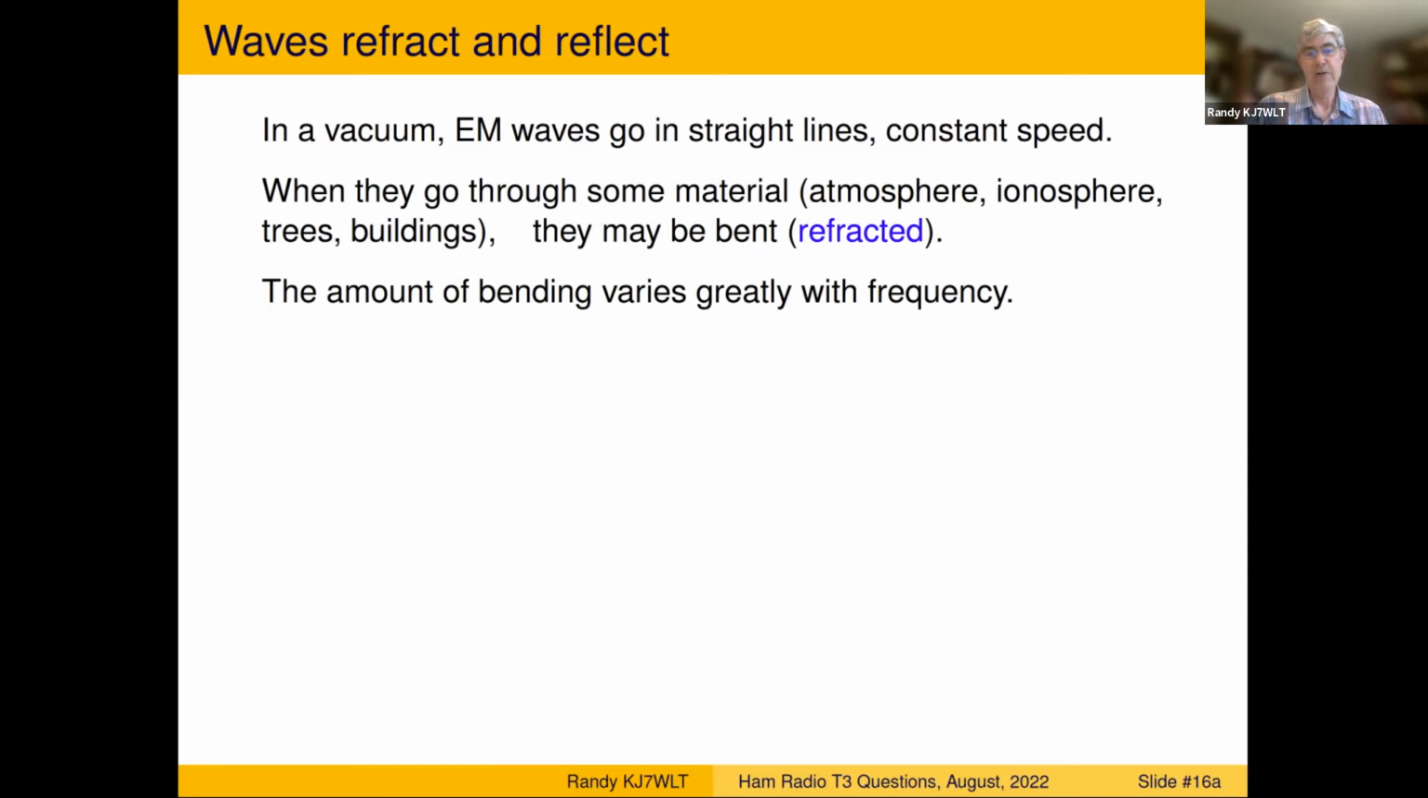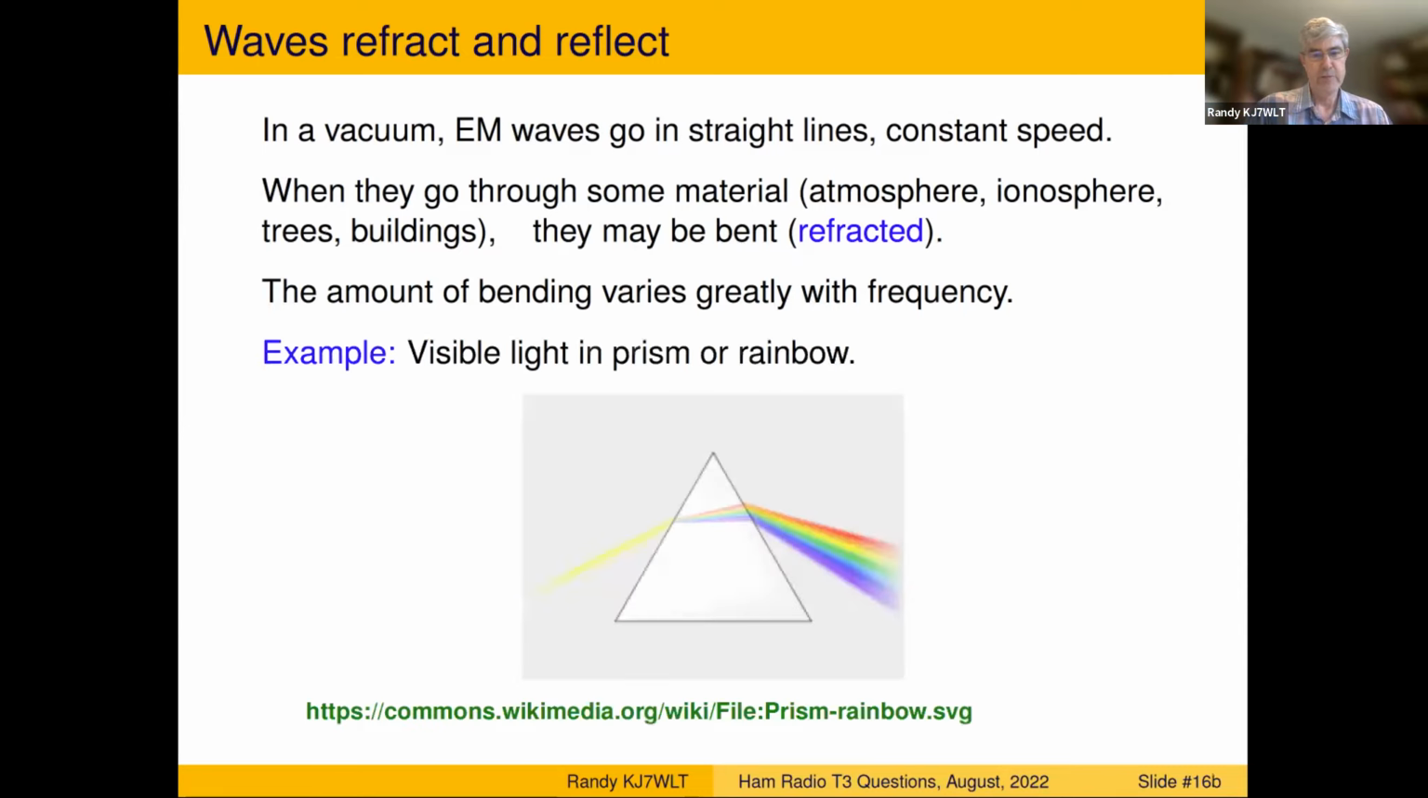And it turns out that the amount at which they're bent varies greatly with frequency. So even if you have exactly the same material, if you pass waves with different frequencies through it, they will bend by different amounts. We're all familiar with this from looking at rainbows and prisms. Visible light is sort of a mixture. Light coming from the sun is a mixture of all frequencies of light, and that's what we call white. But as it goes through a prism, the different frequencies that make up that light are bent in different